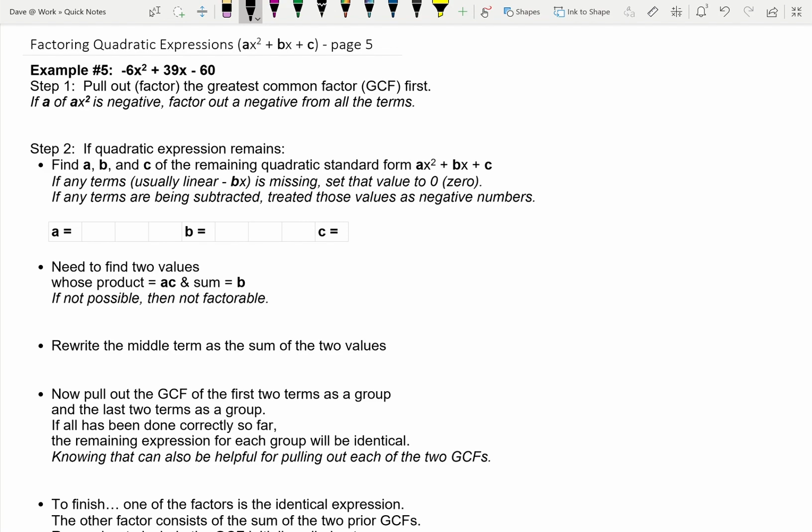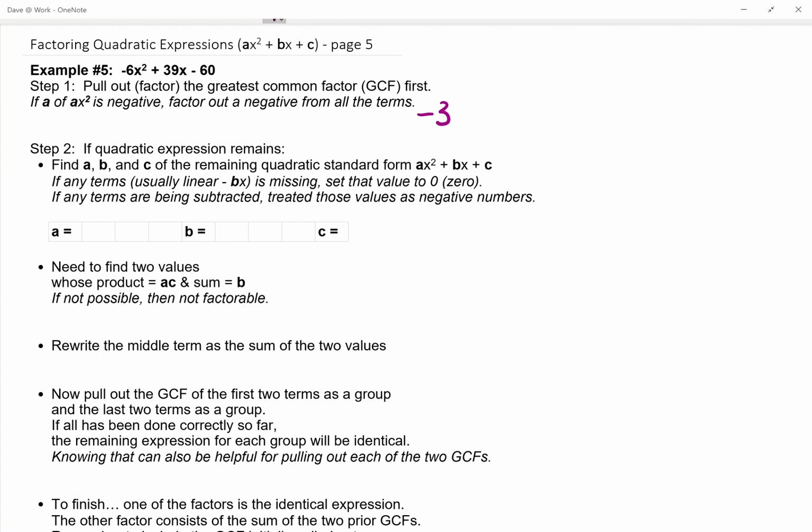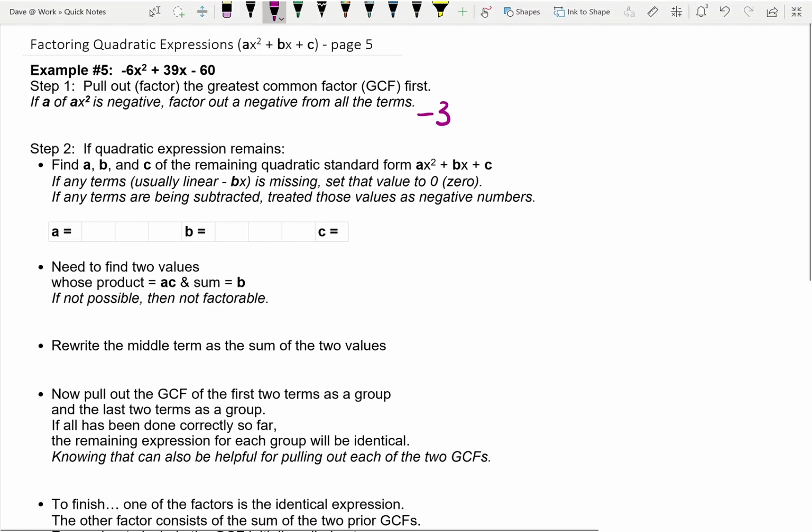Example number 5 starts off a little differently because now our A is negative 6x squared. And my suggestion, because it makes it a lot easier, is that if your A is negative, then what you want to do is pull out the negative as well as any other greatest common factor. Maybe the greatest common factor is 1. You'll pull out a negative 1. But in this particular problem, I am finding out that my greatest common factor happens to be negative 3 if I pull out the negative. When I pull out the negative 3, I'm left with 2x squared